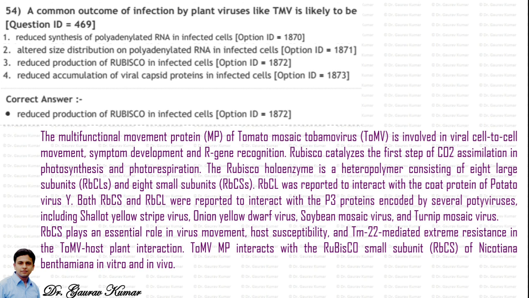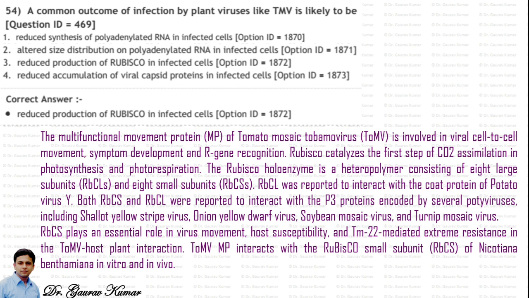Both RBCS and RBCL were reported to interact with the P3 proteins encoded by several potyviruses, including shallot yellow stripe virus, onion yellow dwarf virus, soybean mosaic virus, and turnip mosaic virus. RBCS plays an essential role in virus movement, host susceptibility, and TM22-mediated extreme resistance in the tobacco mosaic virus host plant interaction. Tobacco mosaic virus MP interacts with the Rubisco small subunit of Nicotiana benthamiana both in